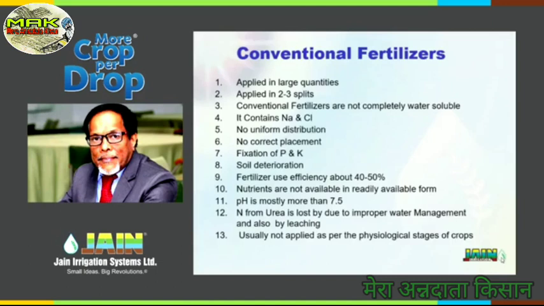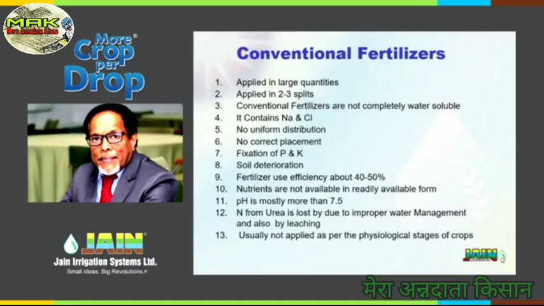And there is another interesting thing. Urea is the most commonly used. Later you will see how disproportionately we are using urea. In the case of urea, nitrogen is lost if your water management is flooding the field. It is also lost by volatilization if you don't irrigate on time, because urea as such will evaporate. And then it also goes by leaching down.